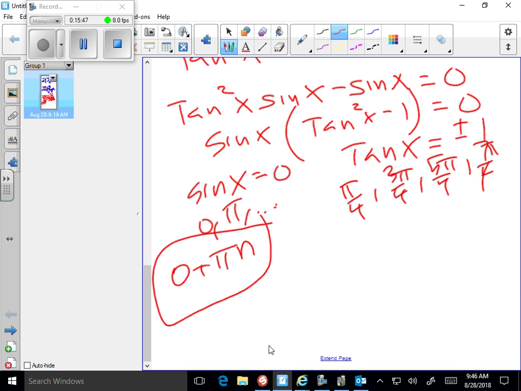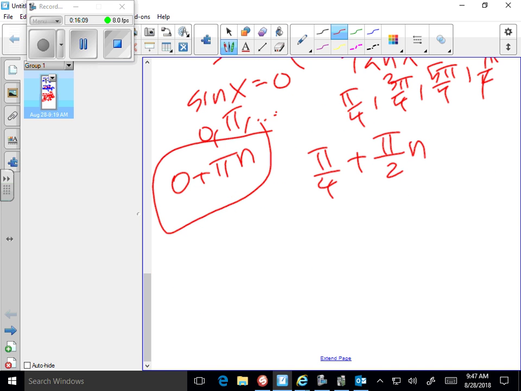5 pi over 4 minus 3 pi over 4 is pi over 2. So the distance between these is pi over 2. And so I could write pi over 4 plus pi over 2 n. But let's imagine that thinking wasn't something you wanted to be doing. You could look at each of these and say, hey, couldn't I write pi over 4 plus pi n